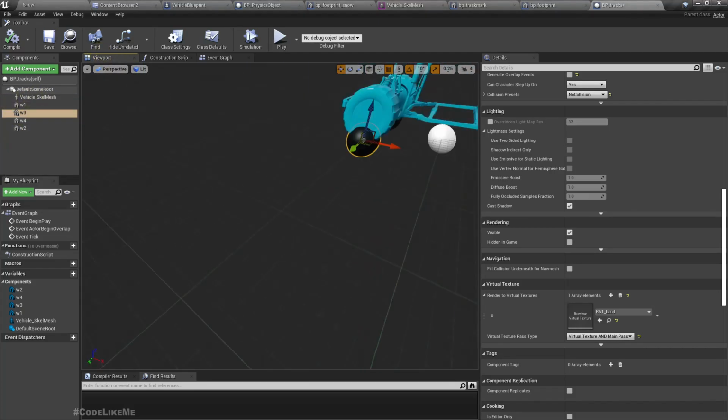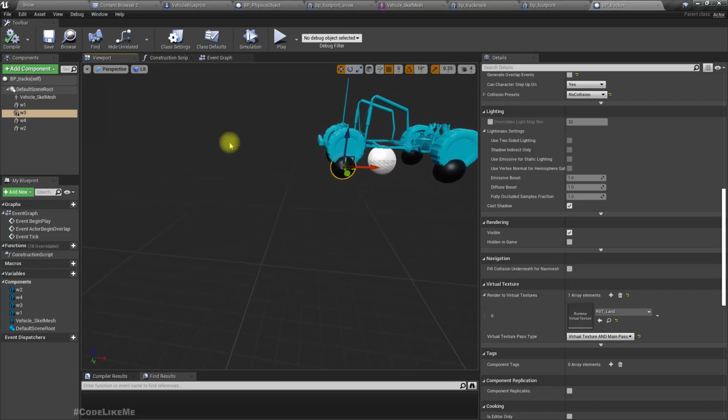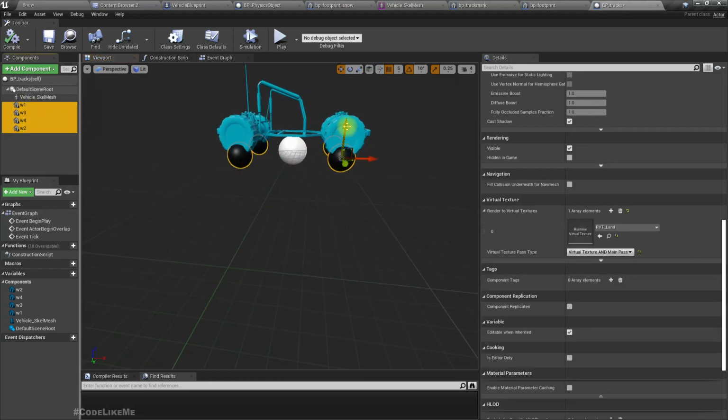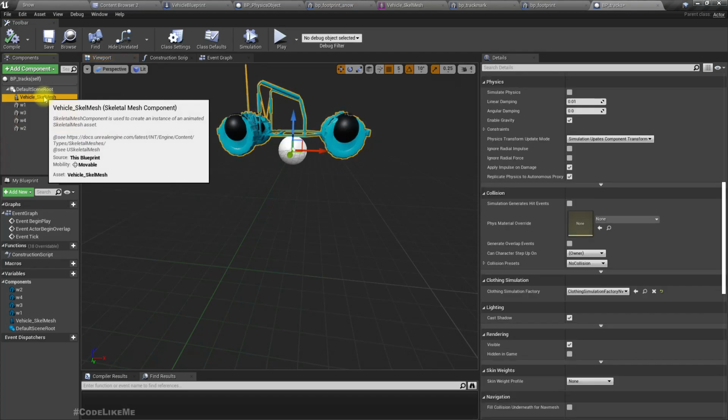Okay, and let's move them up like this. Now I'll delete the vehicle,